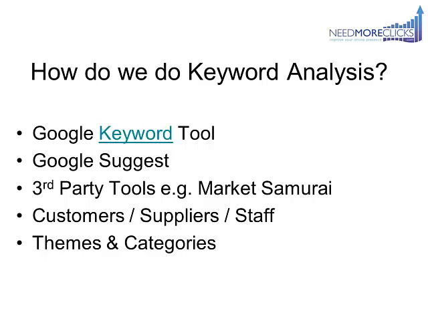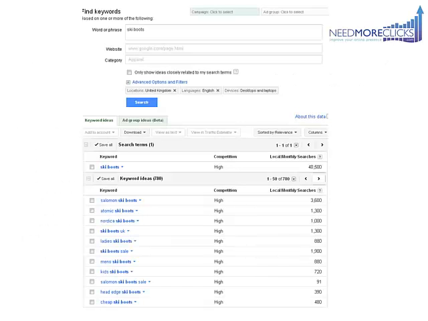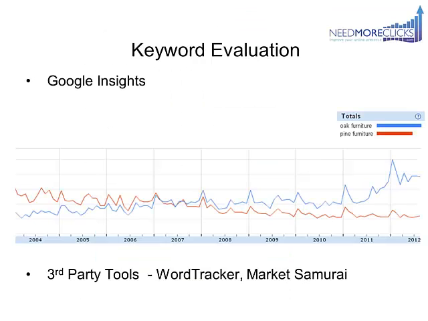So those are some of the ways that we do keyword analysis. Another one of the tools that we use, we'll come back to that slide in a second, is called Google Insights. When we do seminars, I ask people who's used this, who's heard of it, and very, very rarely do we get anybody who knows about it. If you go to Google and type in Google Insights or Google Trends, I think it's actually called now,